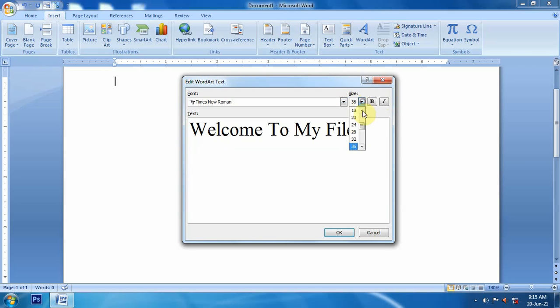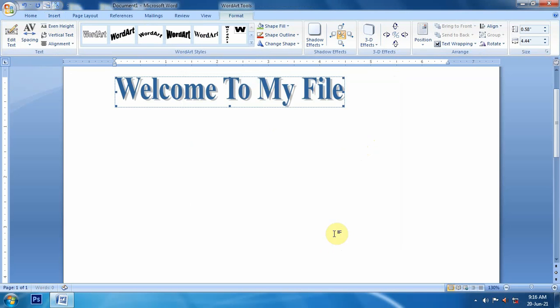We can change its size also. We can make it bold or unbold. We can make it italic or normal. And as soon as we click on OK, this text will be added to our file.